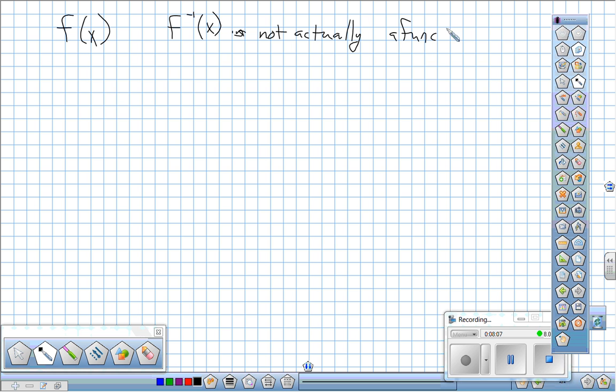In order to see if it will be a function before we ever try to graph it or do anything else with it, what we're actually going to do is a proof to show that it's not. So we'll do a couple of these because sometimes they get really weird. But what I'm going to do is, if I'm given the function f of x equals 2x minus 3, this is a linear function. Most linear functions will work. So when you have to prove it, you should pretty well be able to recognize that this will work or will not work. Okay, so what I'm going to do is I'm going to say that I want to show,